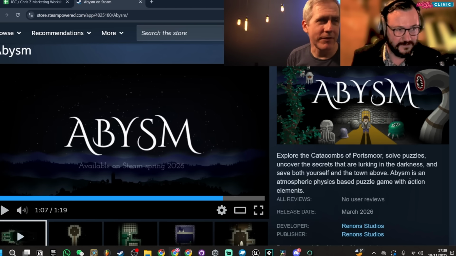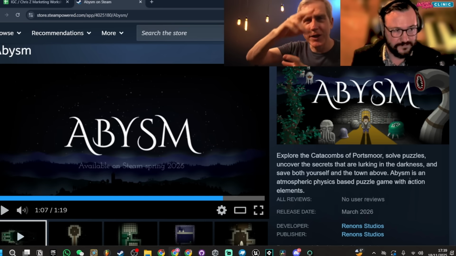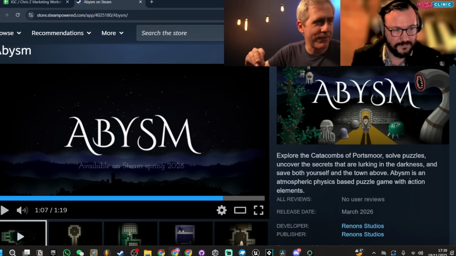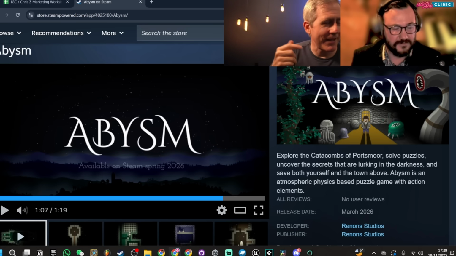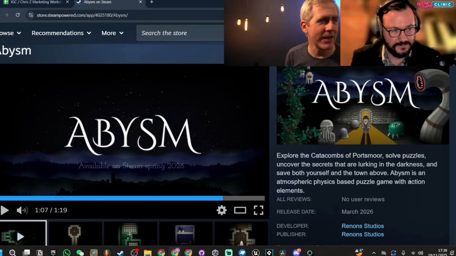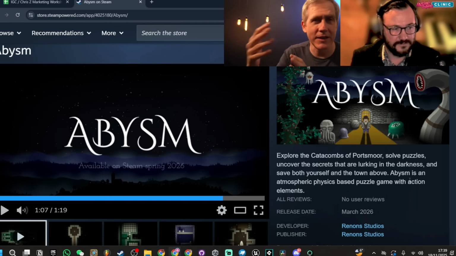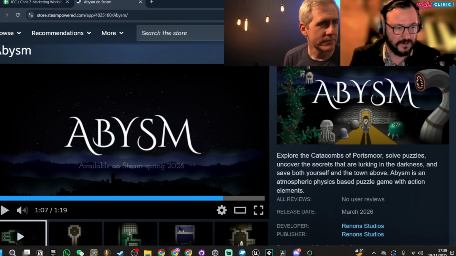I don't think you should say physics-based puzzles. Physics-based is very Half-Life 2, like there's swinging ropes and it's real-time physics. This, yes, if you push the boulder, it'll fall, but it's not that. I think saying it's a physics-based puzzle nowadays really means something different. So I would temper that a little bit. I think if you just say catacomb puzzles, solving this sort of thing, that's more appropriate for where you are. Retro block puzzle or something like that.